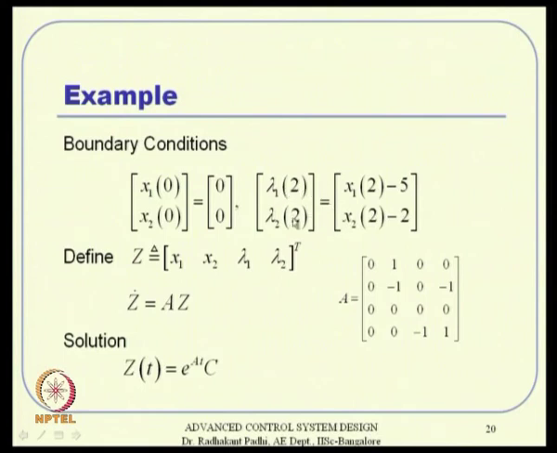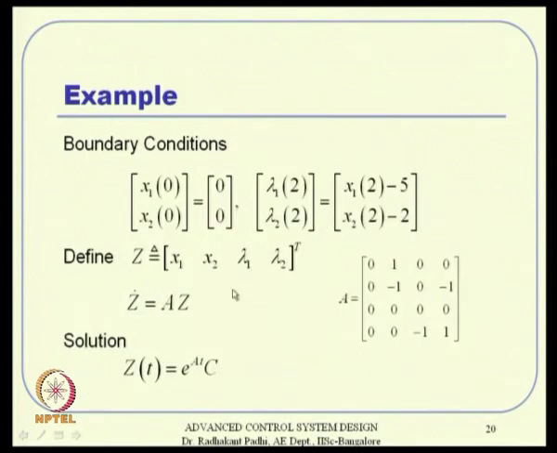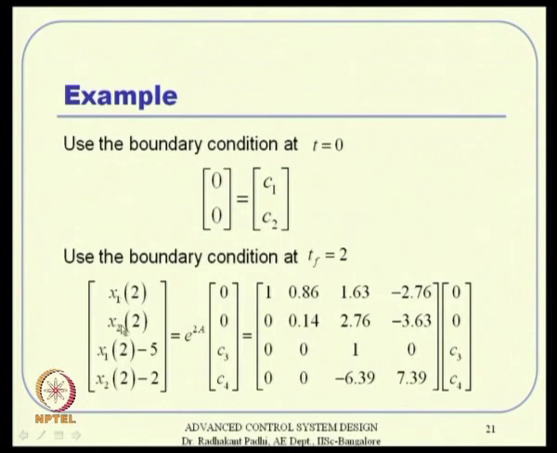Okay, this lambda 1 of 2 and lambda 2 of 2, using that condition we need to find out actually. All right. So, what do we do now? Tf equal to 2, we put that condition, and then we go back to this solution what we had. So, we put x1 of 2, x2 of 2, and lambda 1 of 2 and lambda 2 of 2 is